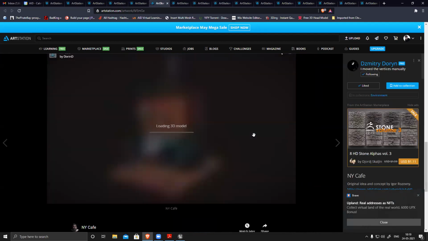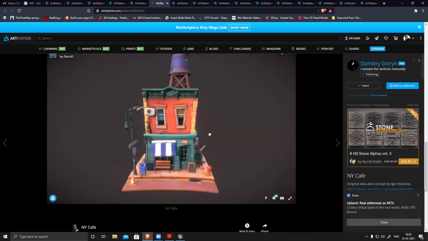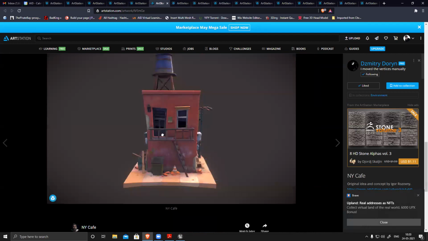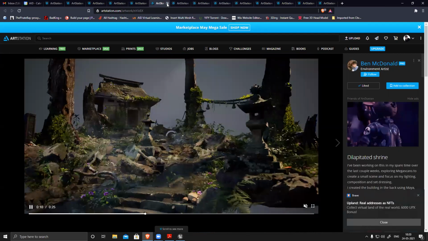Anything like this, like a 360 render, 360 view. Or if you have confusion, you can choose Google, like search diorama.